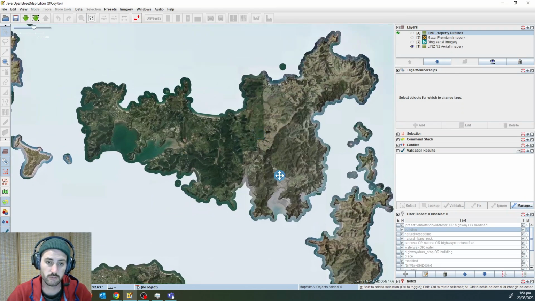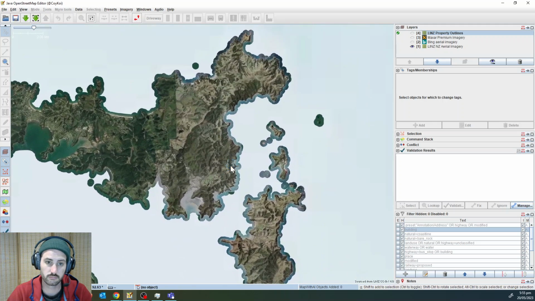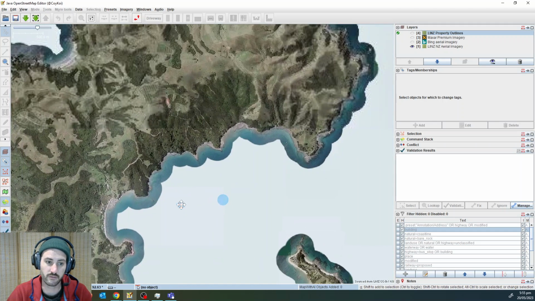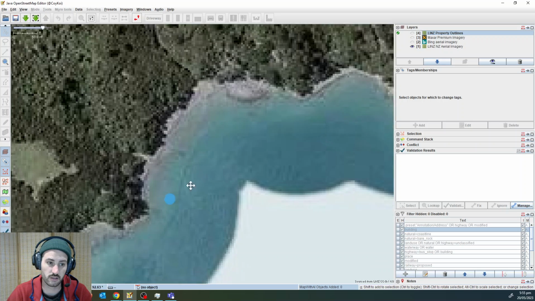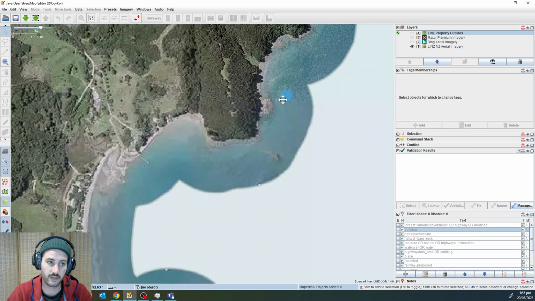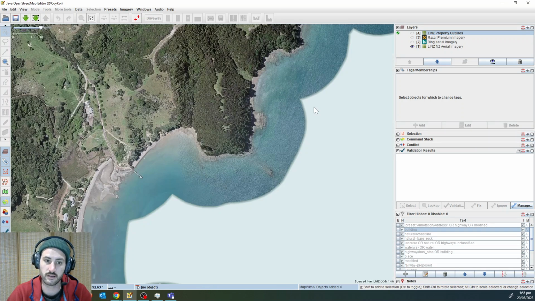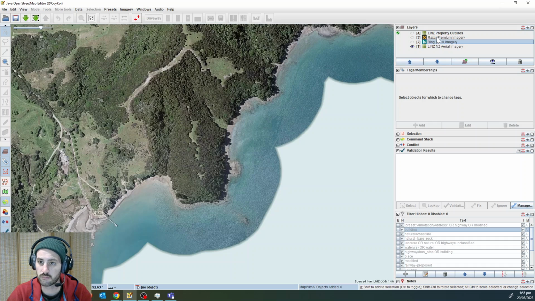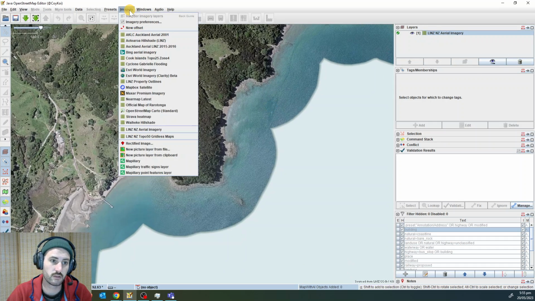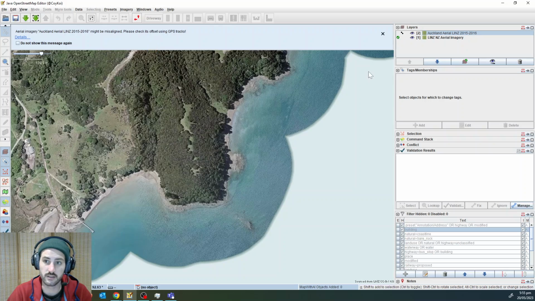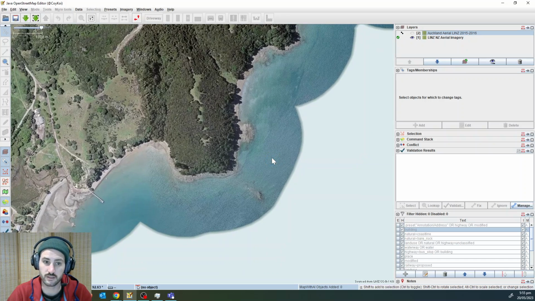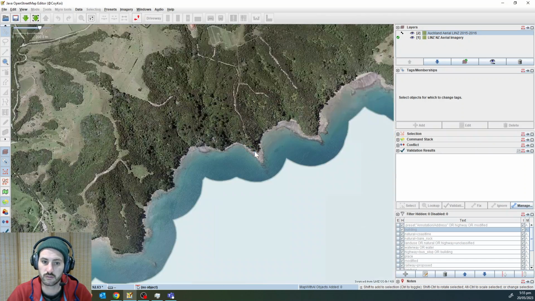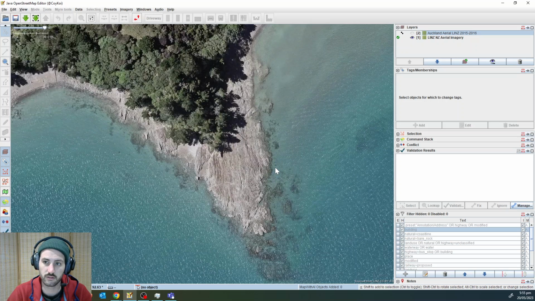So we just go to one of my favourite old things, which is adjusting the coastline around Waiheke. I love it. So for starters, I'll get some imagery. All I want is the LINZ aerial imagery I've already got, and this other one from 2015, 2016, which provides a... oh,